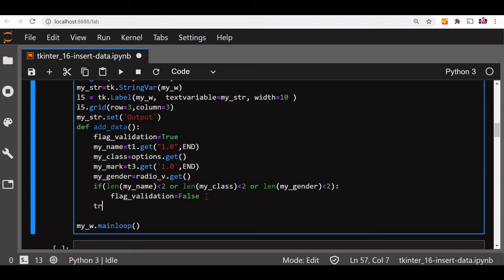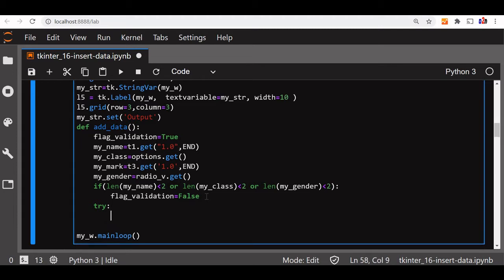So in that case, we'll use a try and except block. Try. Now we'll say the value is equal to integer my mark. Fine. So we are converting it to an integer, because by default whenever we read the mark here, it is just a string. So we are converting it into an integer.